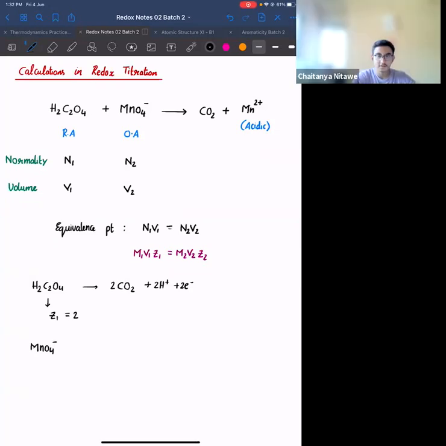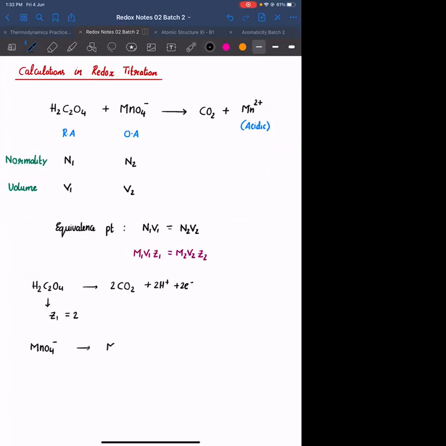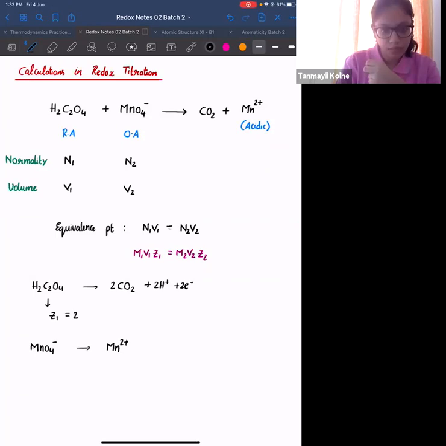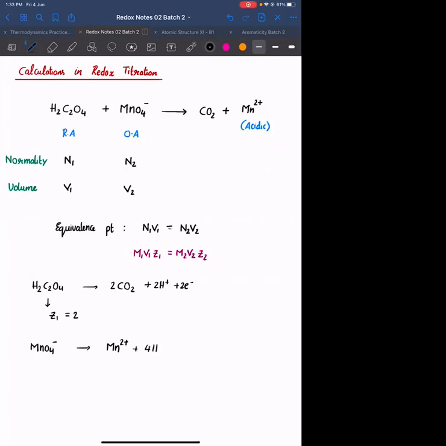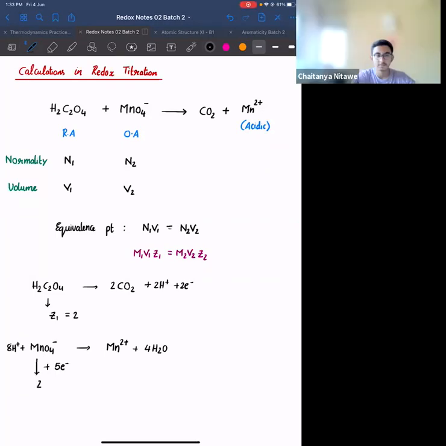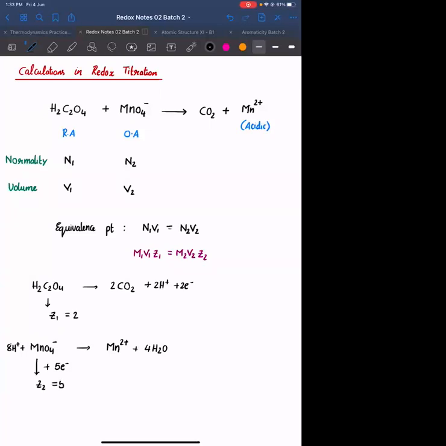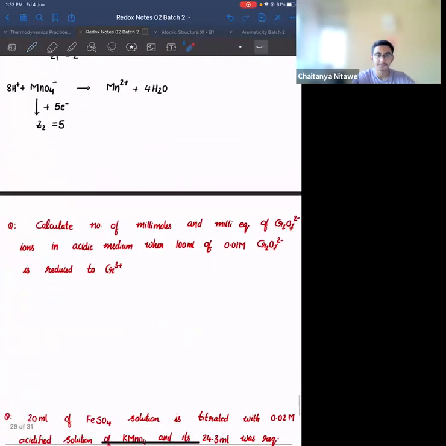The other equation is, already हमने ये याद भी किया है, KMnO4 in acidic medium. So its Z factor will be 5. MnO4 minus is converting into Mn plus 2. So you need to add here 4H2O. You need to add here 8H positive. I think left hand side में आपको net charge +7 है, right hand side में +2 है. So you need to add 5 electrons. So the Z factor Z2 becomes 5. So you just need to know how to calculate the Z factors. Once you know the equation, you can easily calculate the Z factor. Agreed? Awesome.